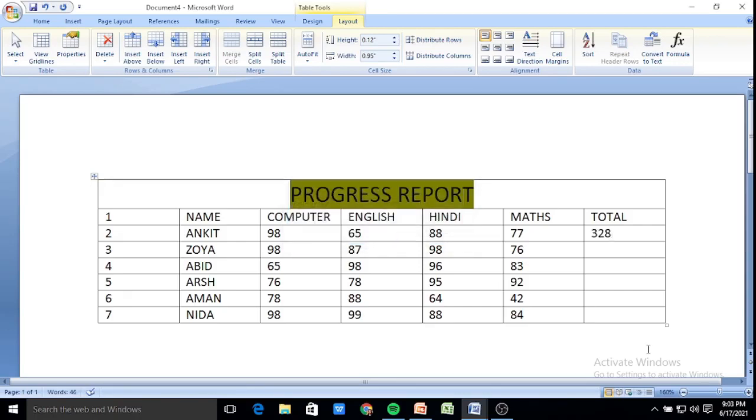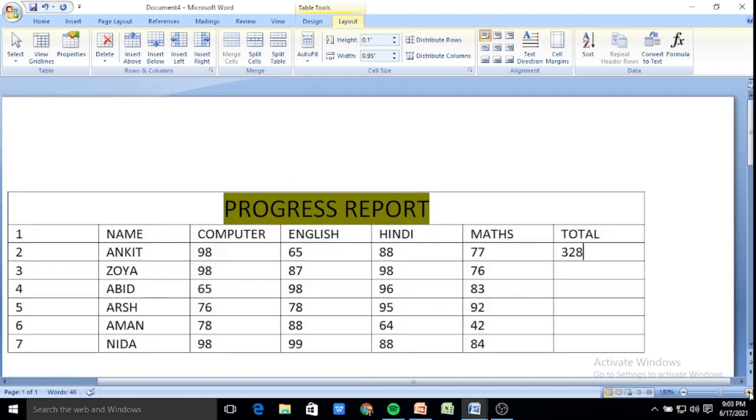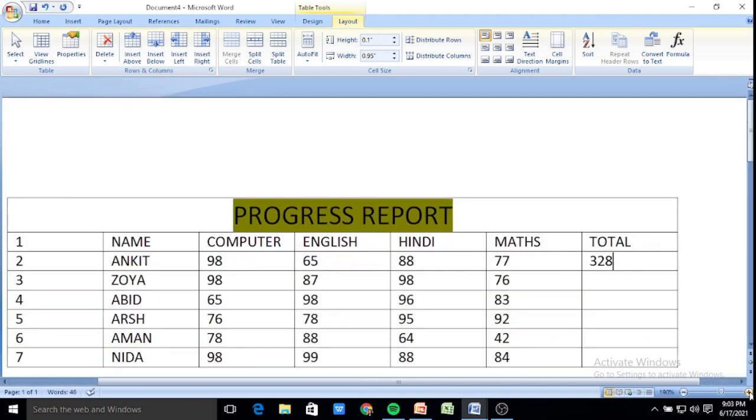Simply click on OK and you will find the total in your last cell. So 328 marks is providing us the information about Ankit, that he has secured 328 marks for the whole year. So the 328 is the information, and 88, 85, 68, 98, these are all the data.